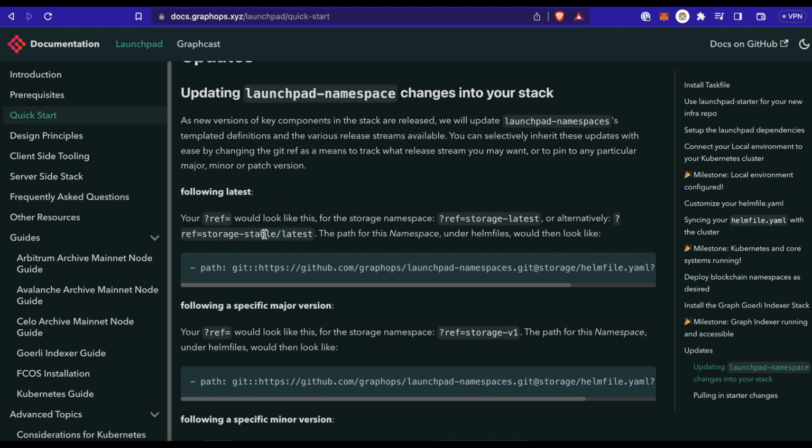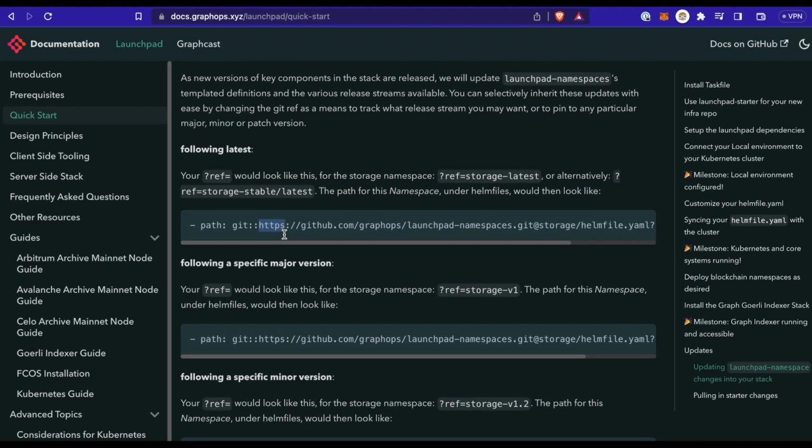So by default, every time we run task releases apply for any namespace, it should update with the latest changes